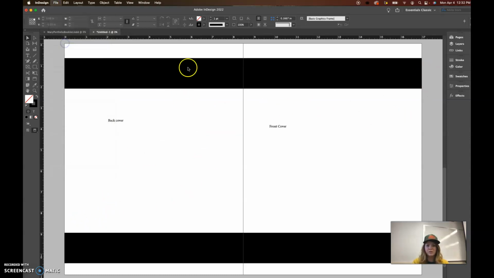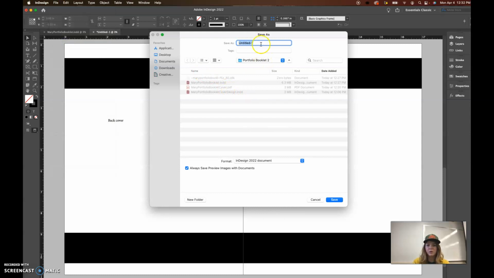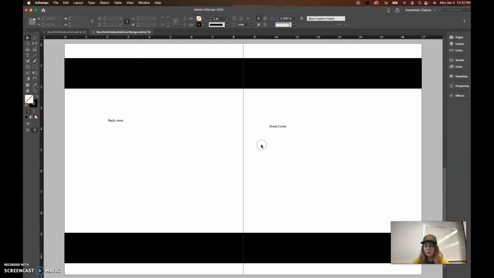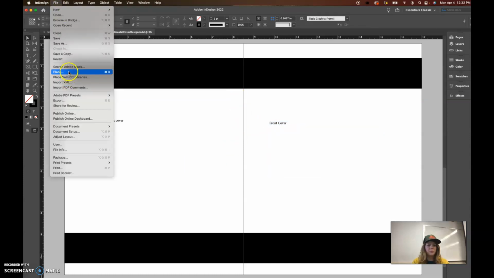So File, Save As. Let's go ahead and save this in our Portfolio Booklet folder, and let's name it Portfolio Booklet Cover Design. I'm going to replace this because I've already done this before, but so this is going to be the booklet cover design. So once I actually get this looking the way I want it to, maybe I'm going to place in